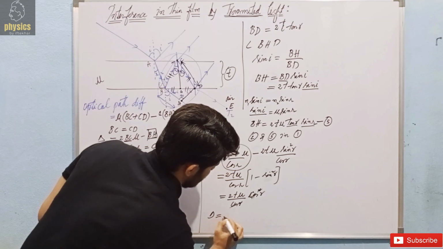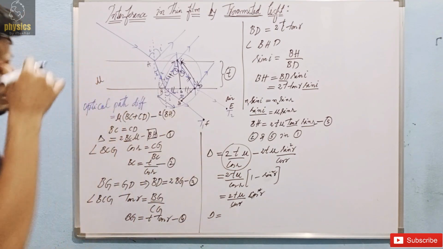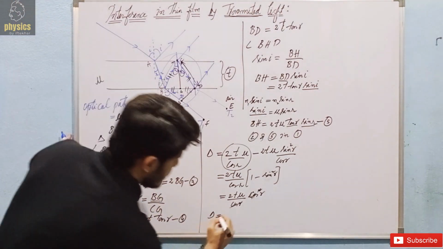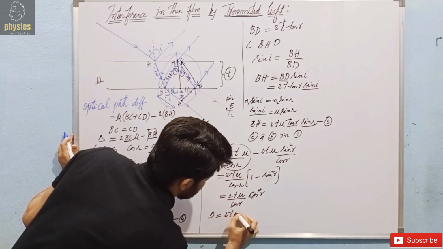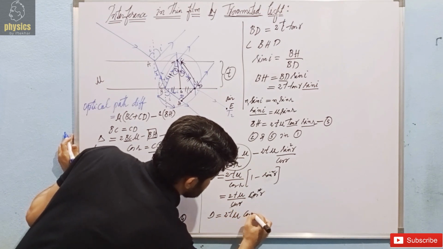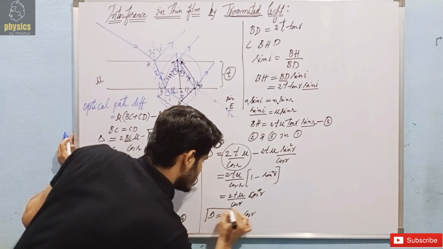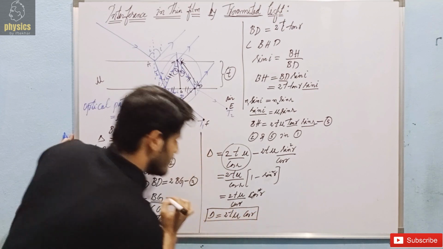The path difference between two transmitted light rays from thin film is 2T mu cos R. So this is the same as that